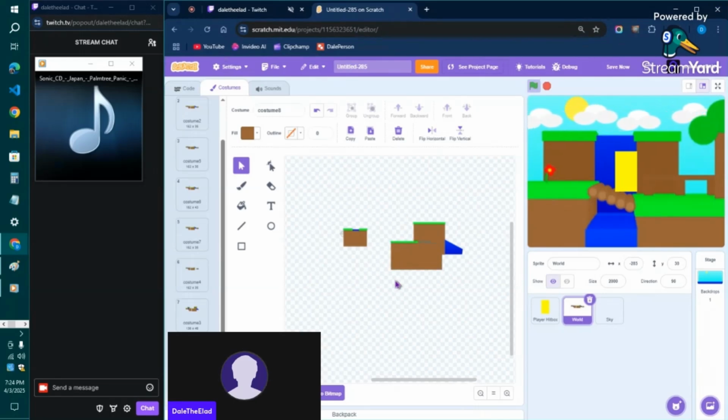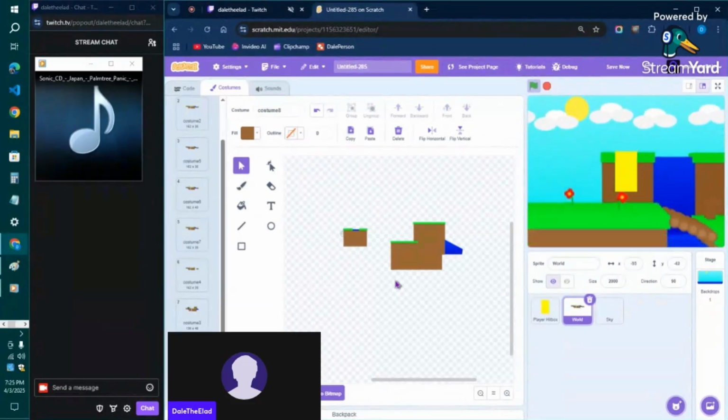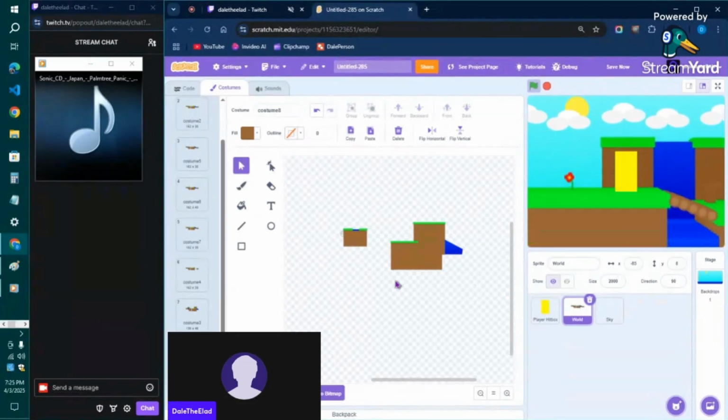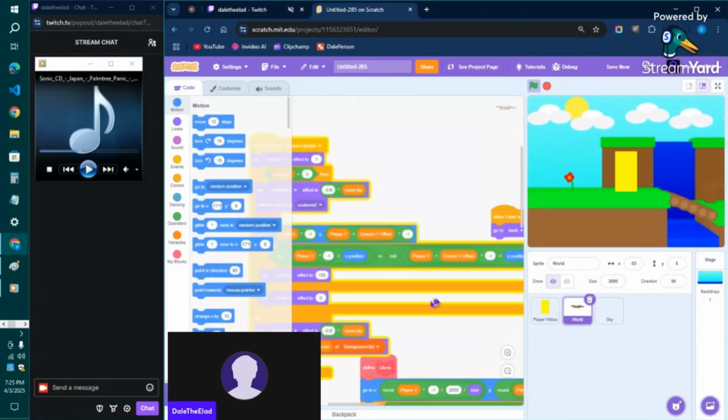But the problem is simple. It's that you hit a wall, but the wall is slanted. And the wall is actually just a small incline. You should be able to walk up that incline, but you can't. You have to jump up it, which is not good. So in the code here, what I've done